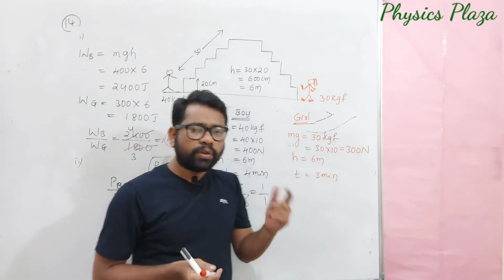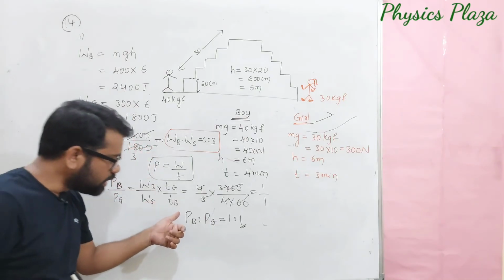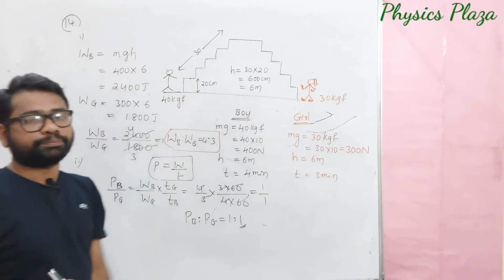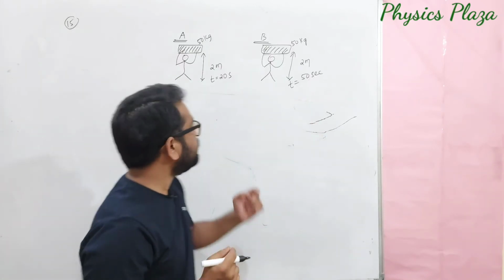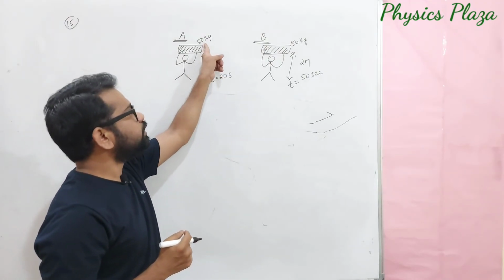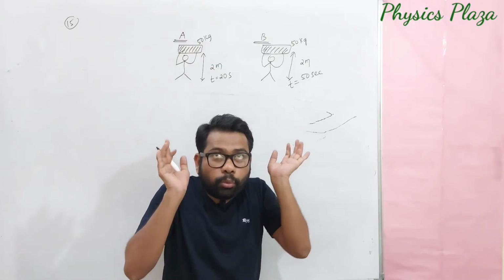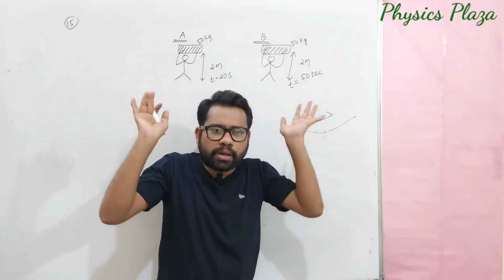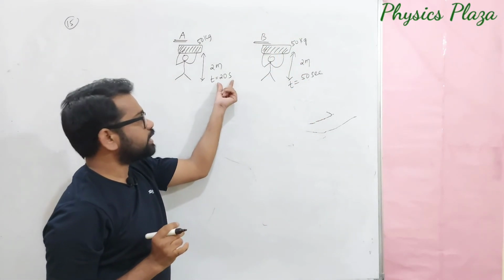So this is how we can calculate the ratios of work done. Even we can calculate the ratios of the power spent by the boy and girl. And in this question, it is given that two persons, let us say person A and person B. Person A is lifting a body of mass 50 kg through 2 meters height, but he is taking 20 seconds of time.